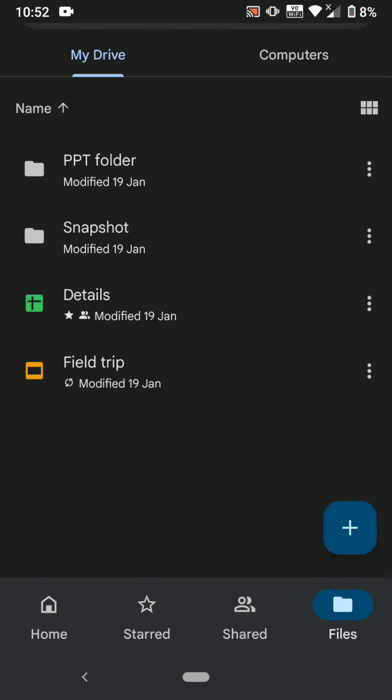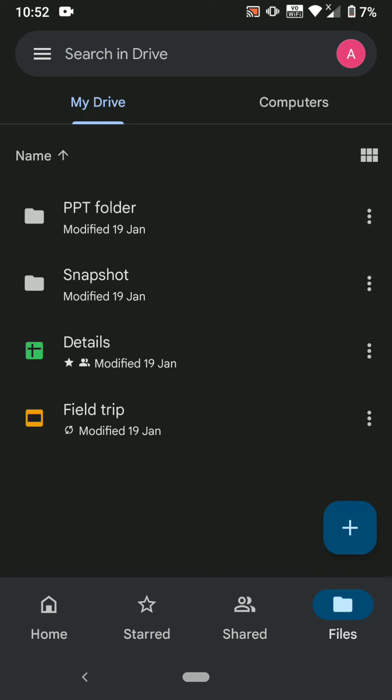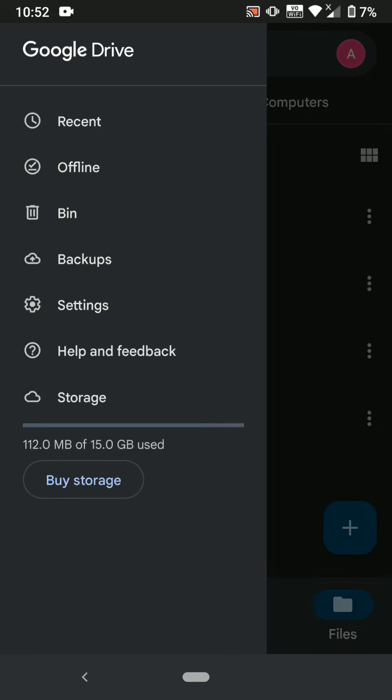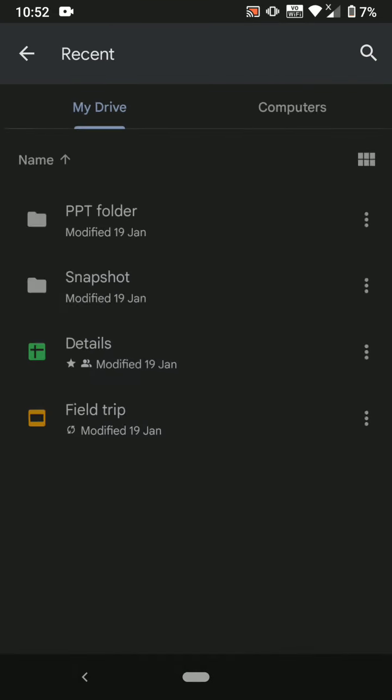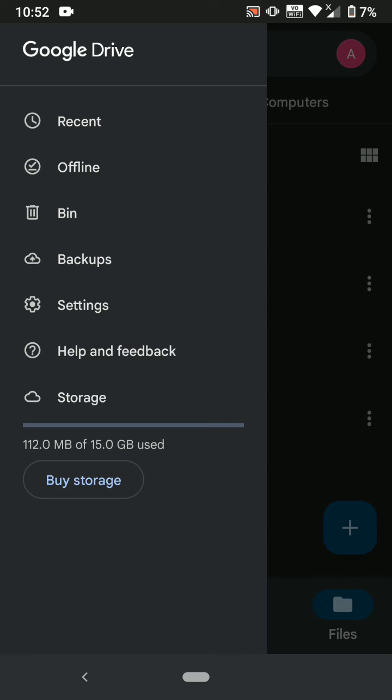and for this a Google account is required. You need to log in anyway. The Android device already has a Google account. So let's see what options are available here, like recent files which I have used, offline, which is